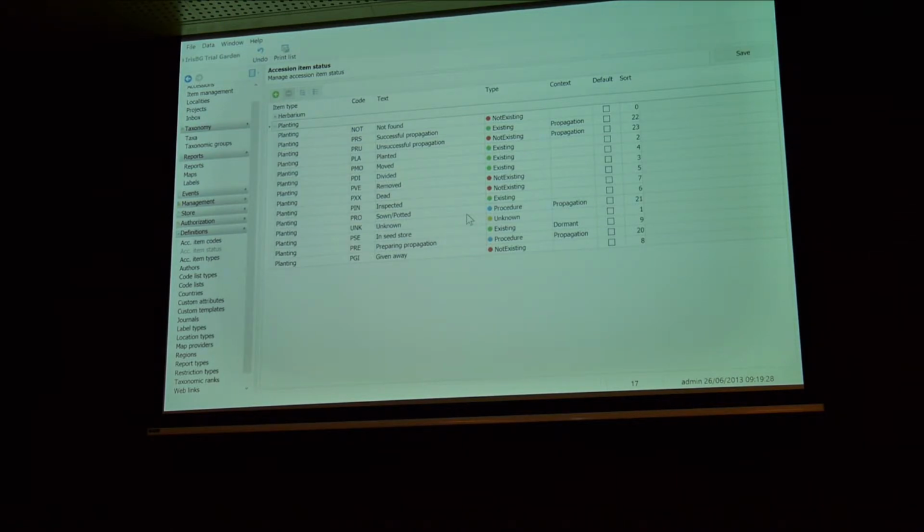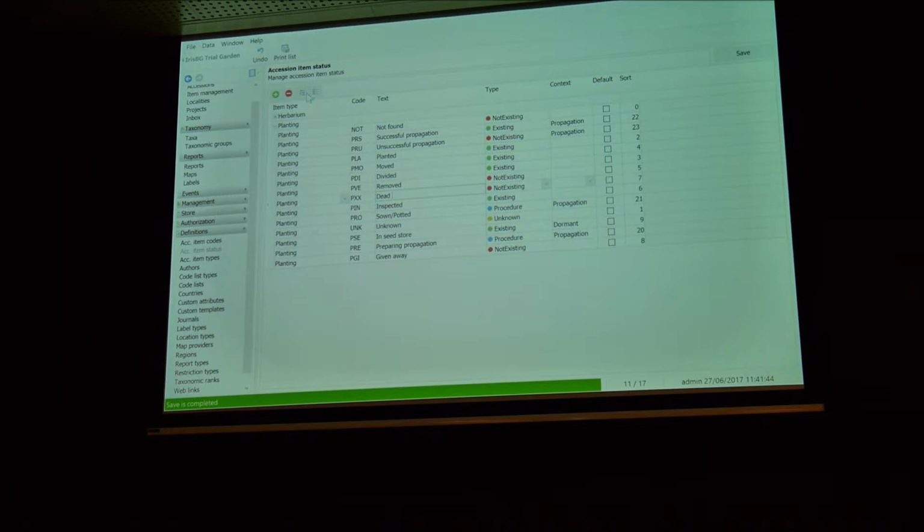And I can do that just to illustrate. So easy enough, I can just change this to dead natural cause. If I do that now, you see here, the red means that it's dead, and existing means that it's alive. So of course all those accessions I have that are now dead are now suddenly dead natural cause. So that's not probably very good. So what I should be doing actually is